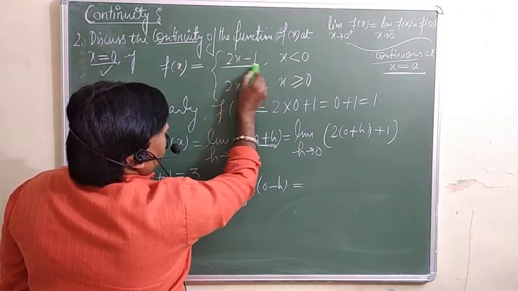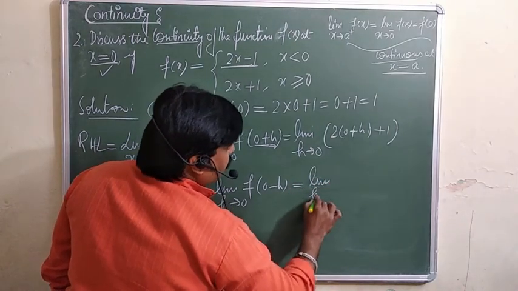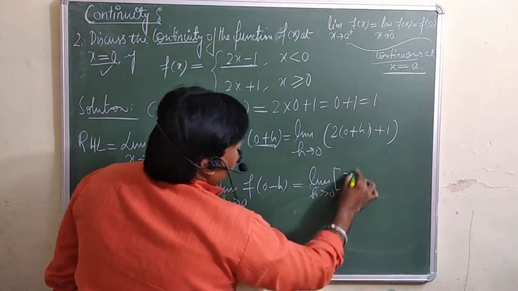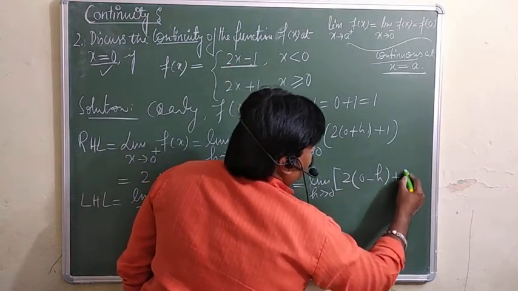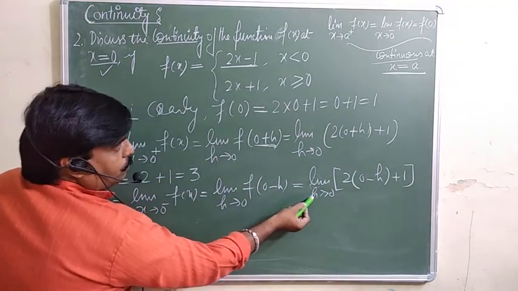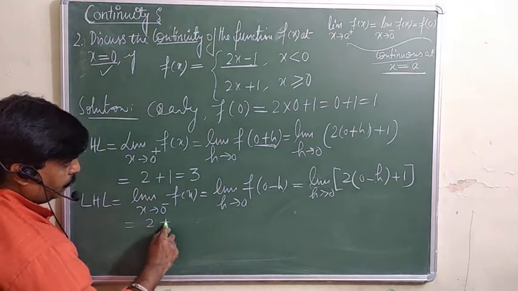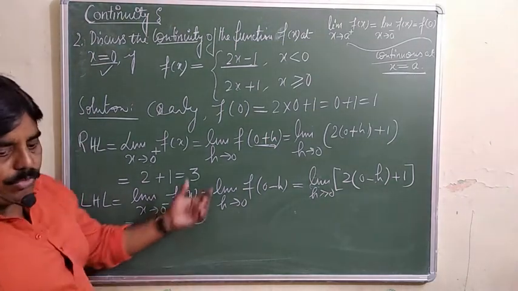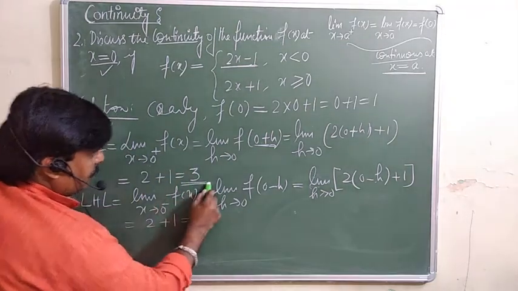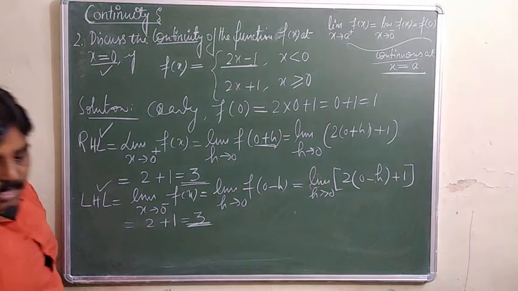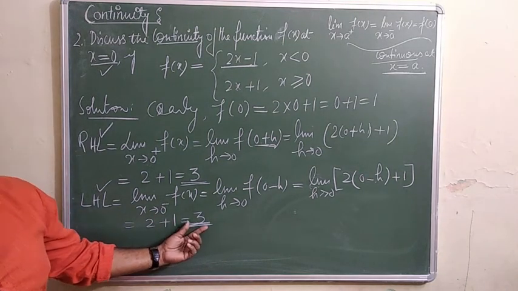So your function will now be this one. So this is your 2, and you can put the limit h tends to 0. So this is 2, whereas x is 0 minus h, this one plus 1. Again, you are going to put x equal to 0 here, so you will get 2 plus 1, that is 3. Now look at here. What exactly you are getting is that the right hand limit and the left hand limit are equal.